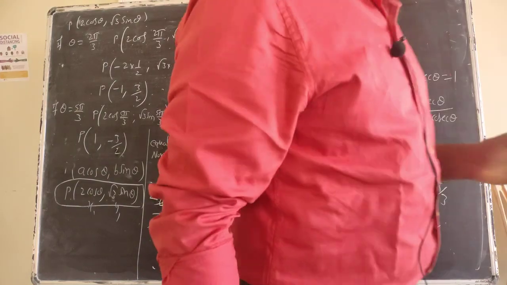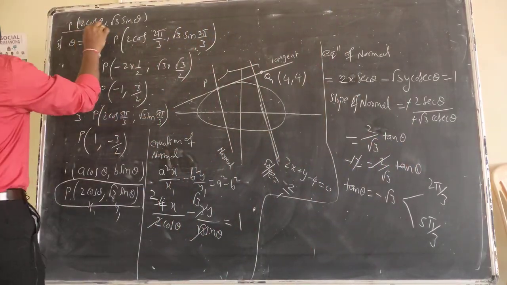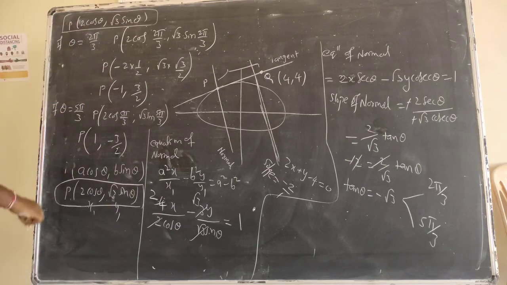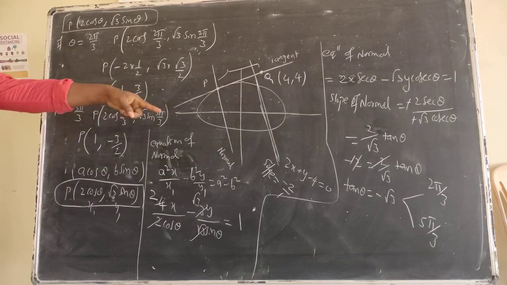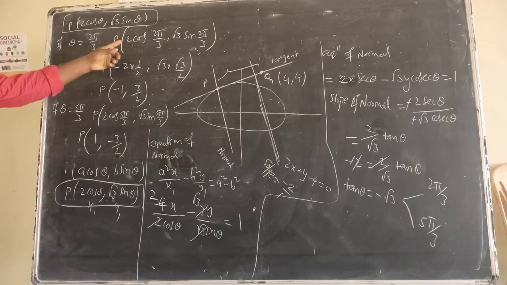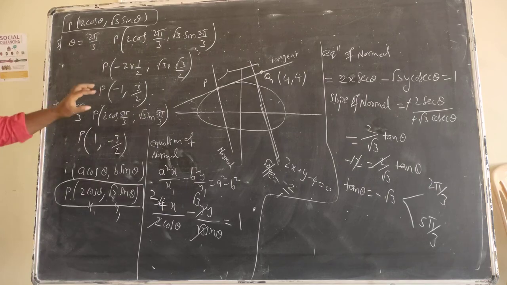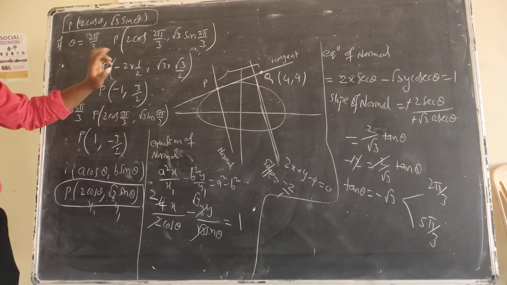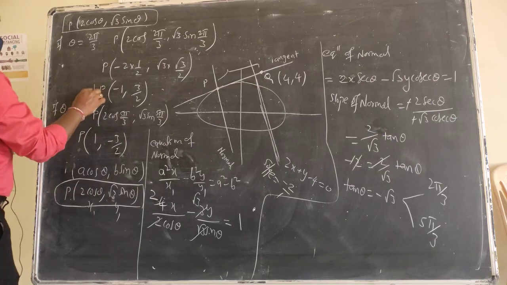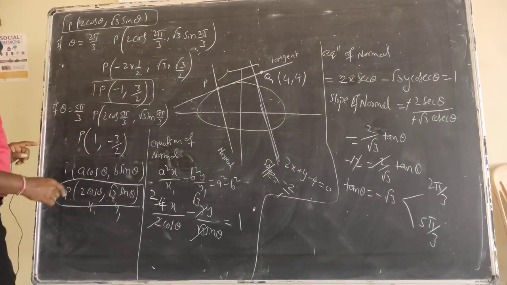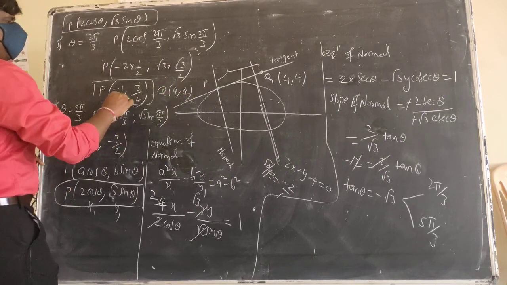So here I am going to get theta equal to 2 pi by 3. Here this is the point P you have, that is 2 cos theta comma root 3 sin theta. Theta equal to 2 pi by 3 I substituted, therefore 2 into cos 2 pi by 3, root 3 sin 2 pi by 3. You know cos 2 pi by 3 is minus 1 by 2, sin 2 pi by 3 is root 3 by 2, and we cancel, we got the p value here. And q value already we have, 4 comma 4, so you can use the distance formula.